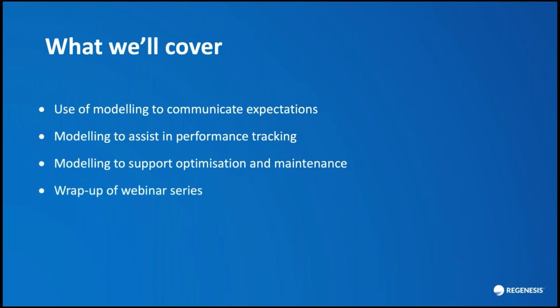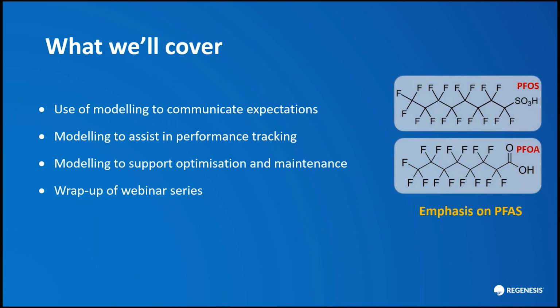We'll then wrap up the webinar series with an overview of what we've learned and the new perspectives that we've gained. Much of the previous 2 webinars used VOCs, chlorinated ethenes, as examples, and this was useful to demonstrate the impacts of degradation, transformations, and the relative kinetics and rates of these. But in this module, we're going to focus much more on PFAS, and this is because their recalcitrant nature highlights the interplay of abiotic principles, and in particular advection, diffusion, and sorption, which we're going to explore in the present